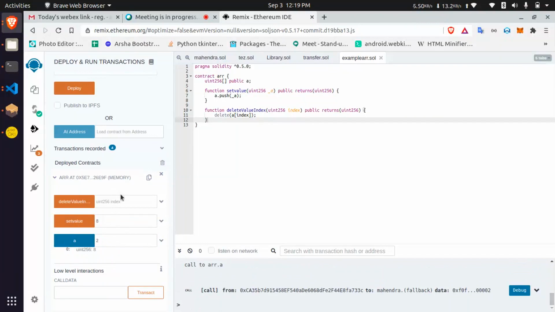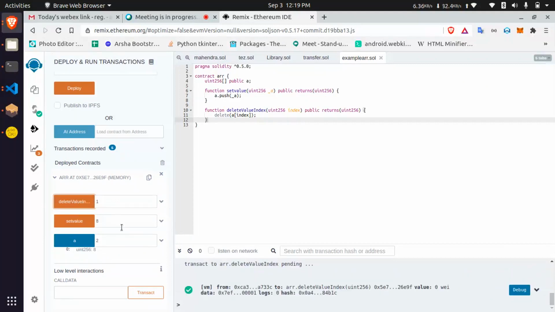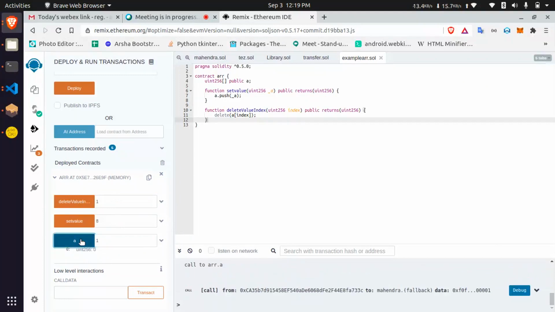Okay, I'm going to delete. 0, 1, 2 are there. I'm going to delete 1. Okay, deleted. Now I'm going to query that 1. It will be 0. Why? Because in the blockchain, once you have created data, we can't change it, right?